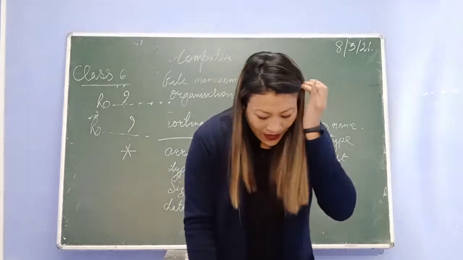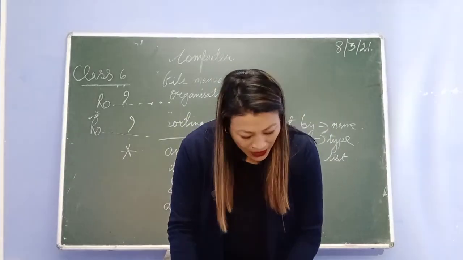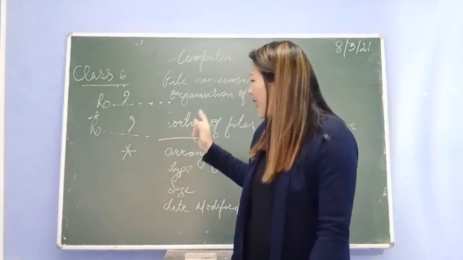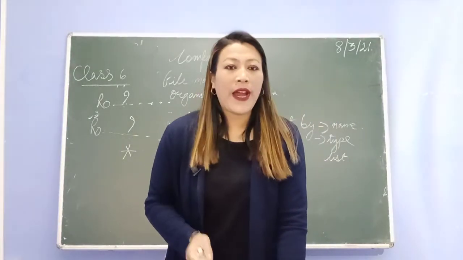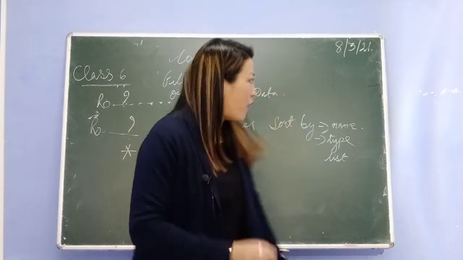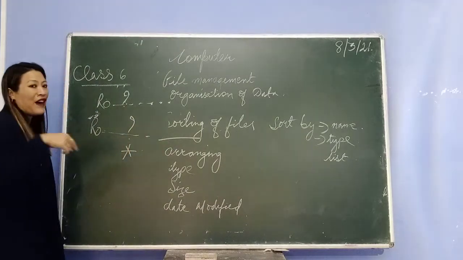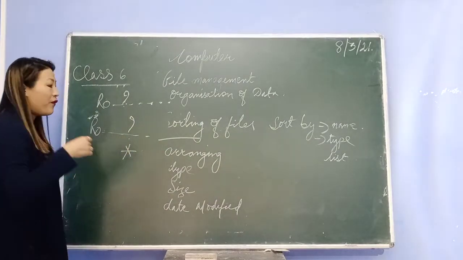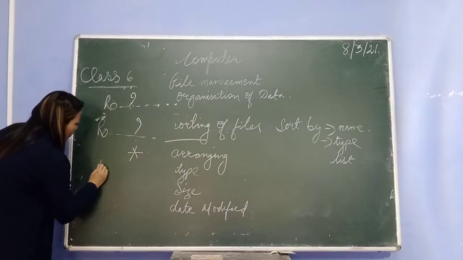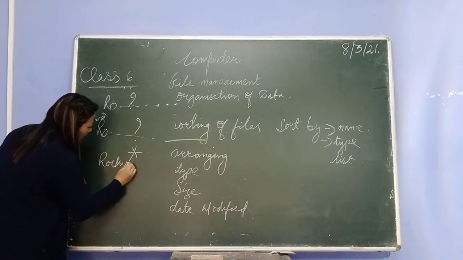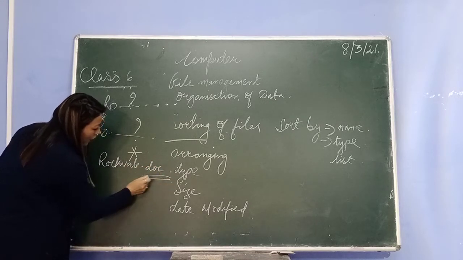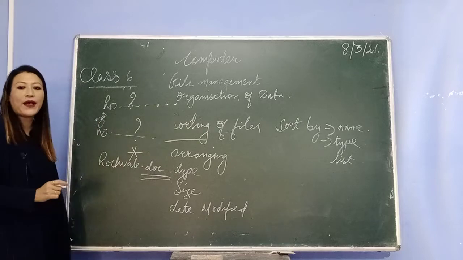The wildcard character asterisk can be used to search for a specific type of file, a big folder, or a different file format. So your asterisk will help you to find a file or folder which has a different format. Different format means, suppose you have created one file in Microsoft Word, then your Microsoft Word file will be saved as Rockville.doc. So this is the file format for your document file or Microsoft Word.